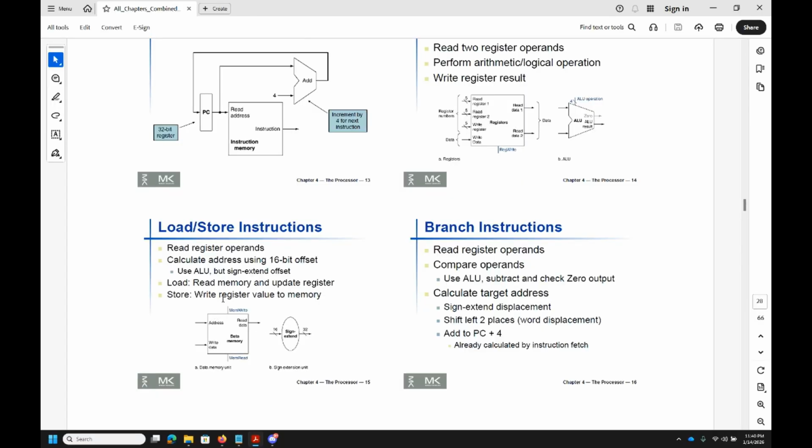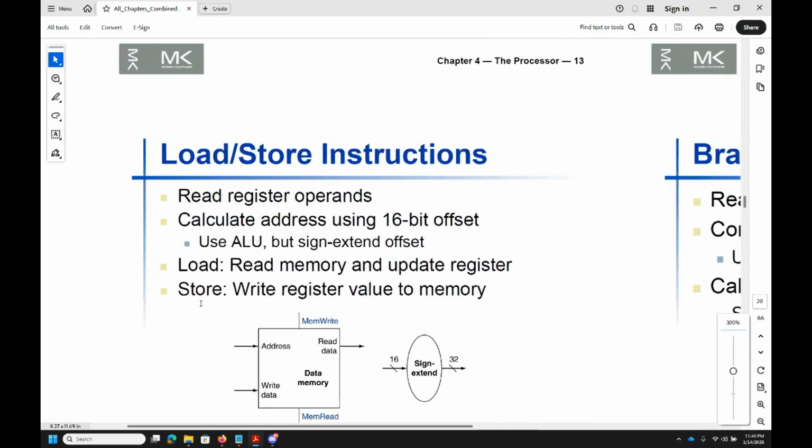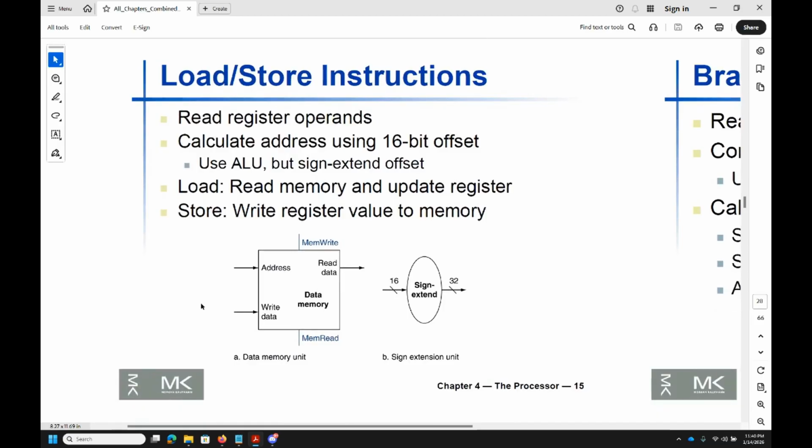Then there's load store instructions. So load store instructions because you have to read register operands. So basically, let's say that the data that you need is not already in the register. And that's very common, right? Because your registers can store only like what, 64 numbers, 32 numbers. Obviously, a modern day program is a lot bigger than that. So you have to get the data from somewhere, right? So where will you get it from? You have to get it from memory. So this is where load and store instructions come in.